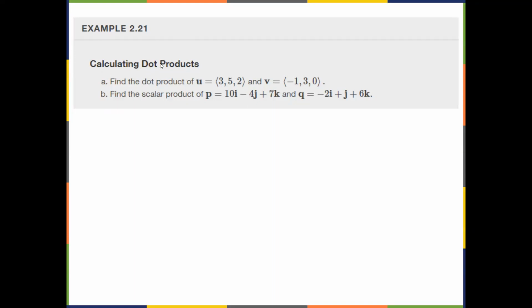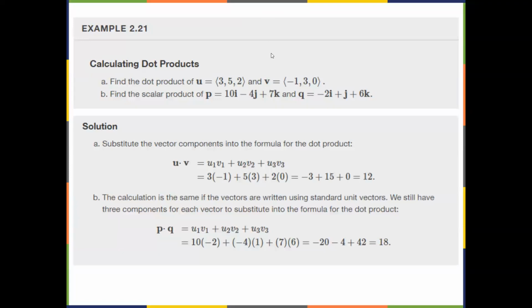College. All right, so calculating dot products. Find the dot product of U, given that U is 3, 5, 2, and V, given that V is -1, 3, and 0. And then find the scalar product of P and Q. Okay, so again,